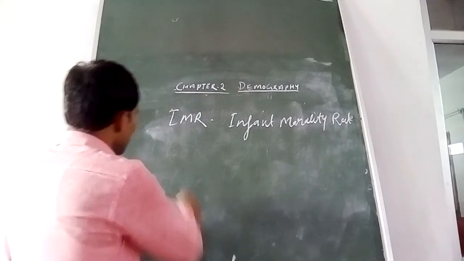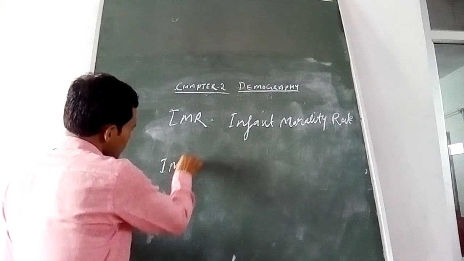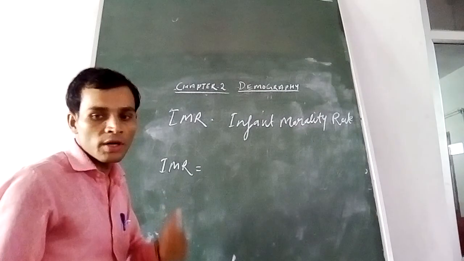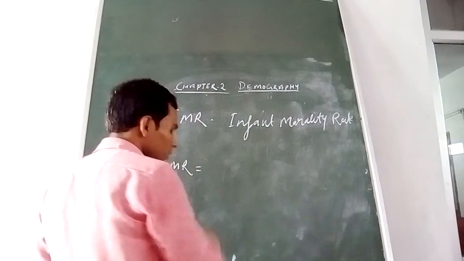Another formula is IMR: number of live births,